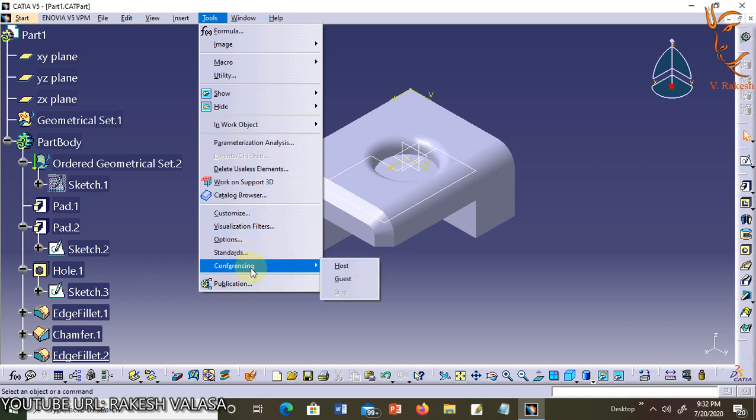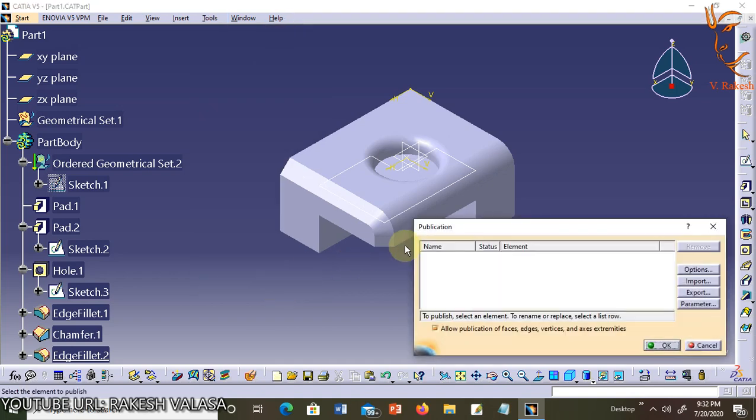Next option is Conferencing. This tool allows you to connect to conference calls via NetMeeting all within CATIA V5. Last one is Publication.